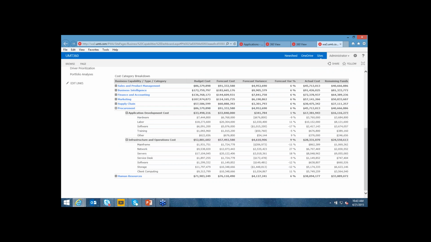So what this represents here is the aggregation of costs against the business capability of procurement. So the ability to understand the project costs, which is represented here by application development, and the infrastructure and operational costs, the ongoing run costs associated to this. But from an application portfolio management perspective, we may want to see which applications ultimately are mapping to and automating the procurement